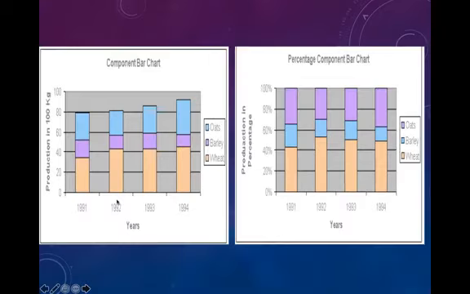The component bar chart here is an alternative to the pie graph, as this is also used to show how a whole is divided into smaller rectangles. That is, the area of a rectangle represents the parts. This is preferable when comparing compositions of two or more different groups. Using the same data, we can convert it to the percentage component bar chart where we express each component as the percentage of its respective total.